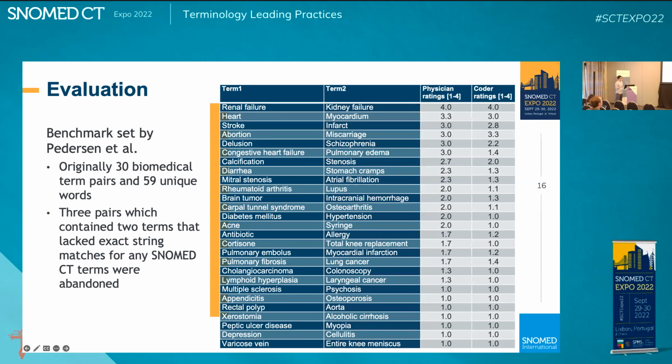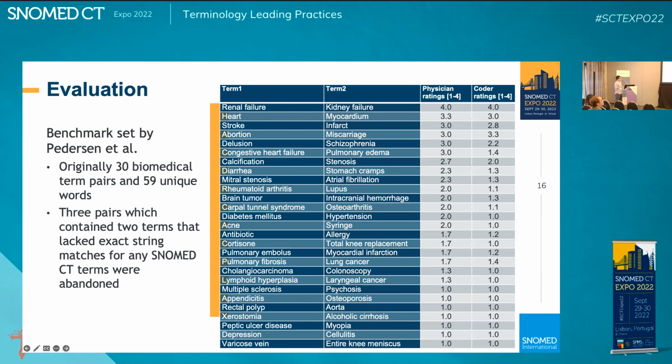So for the evaluation of the current approach, we employed 2 benchmark sets. The first benchmark set was built by Patterson et al. and was originally composed of 30 biomedical components and 59 unique rules. The relatedness between 2 terms was rated by physicians and coders on a scale of 1 to 4,